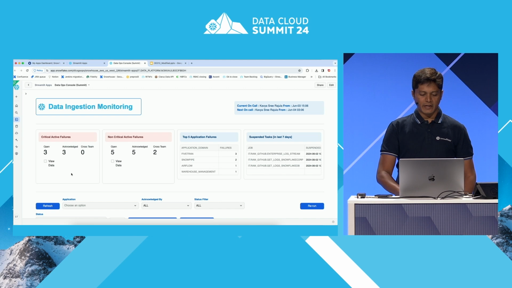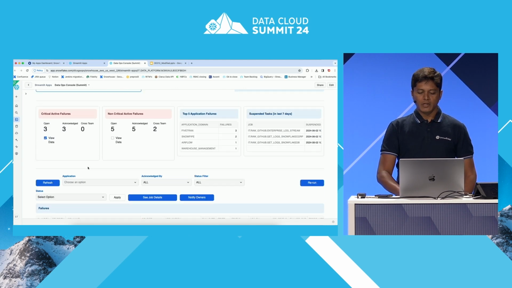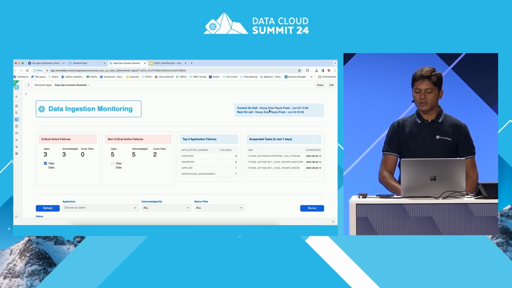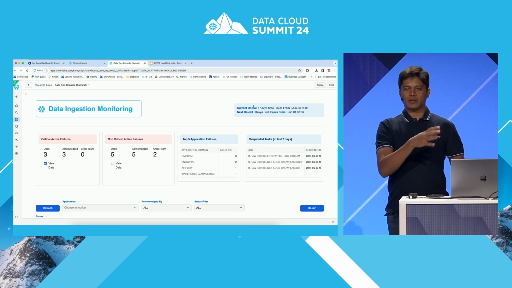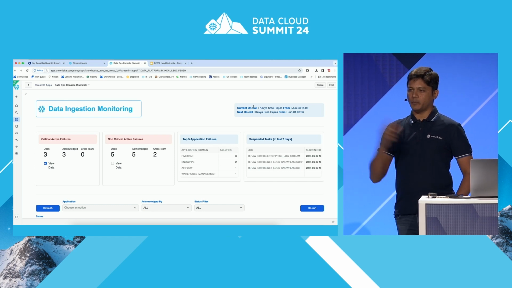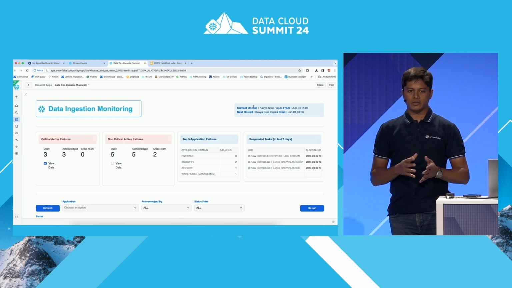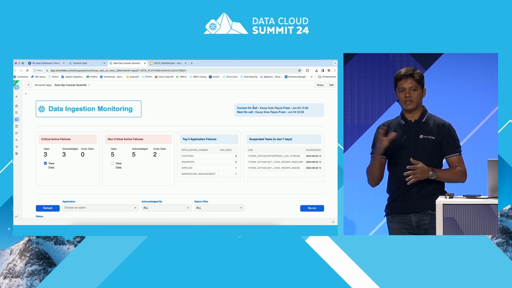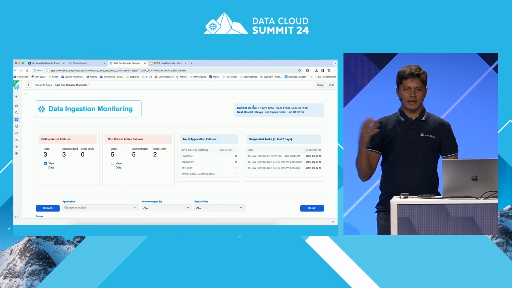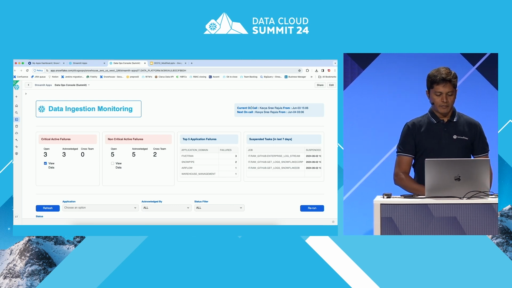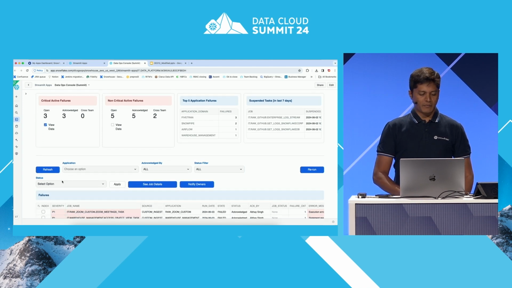If you click on this view data, you'll see all the critical jobs that are failing today and the non-critical jobs. On the right hand side, you'll also see the person who is currently on call. So this console, a Streamlit app inside Snowflake, talks to PagerDuty. You don't have to go inside PagerDuty to take the actions. You can take all the actions that are already available in PagerDuty from this console. You can see the person currently on call and who's going to be the next on call person, and the people on the rota can use this button